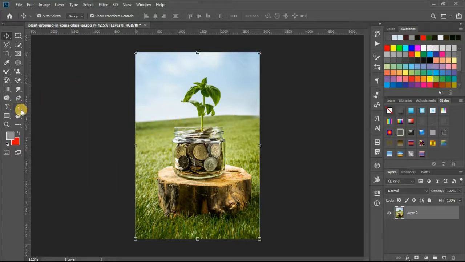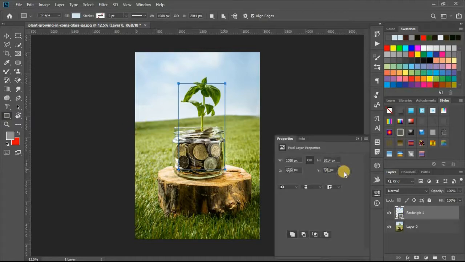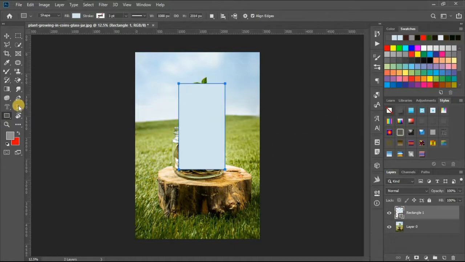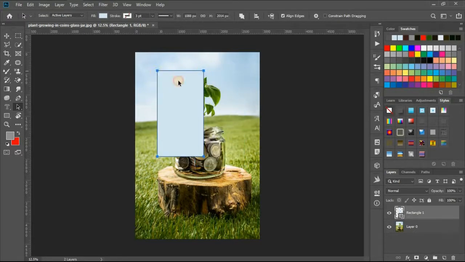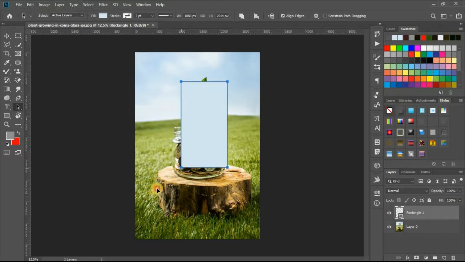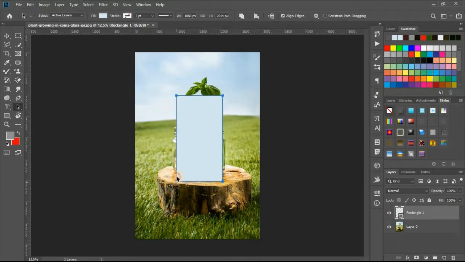So for this tool, this is the path selection tool with the shortcut A. As you can see, I'm picking and dragging it. I can't pick anything with it, so don't mistake it for the move tool. After drawing a rectangle, I'll just pull it around so you can see, and it moves the object instantly